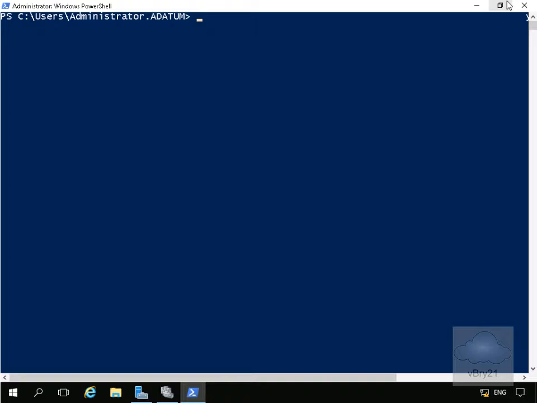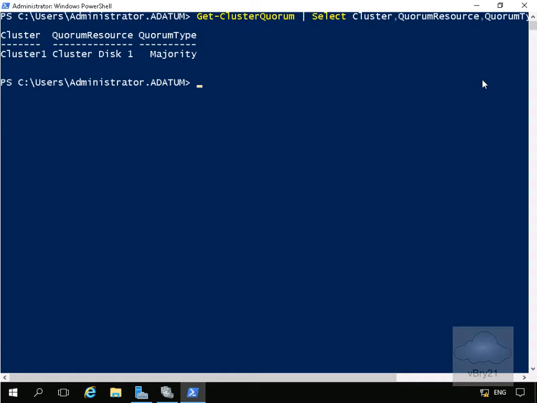First thing we want to do at this point is see exactly how our cluster is currently configured. So we'll come to our server, and from PowerShell we'll run a commandlet to find out what quorum mode we're currently using. The commandlet we're going to run is Get-ClusterQuorum, pipe it, and then we'll select Cluster, QuorumResource, and QuorumType. What we can see here is Cluster1, quorum resource is Cluster Disk 1, and the quorum type we're using